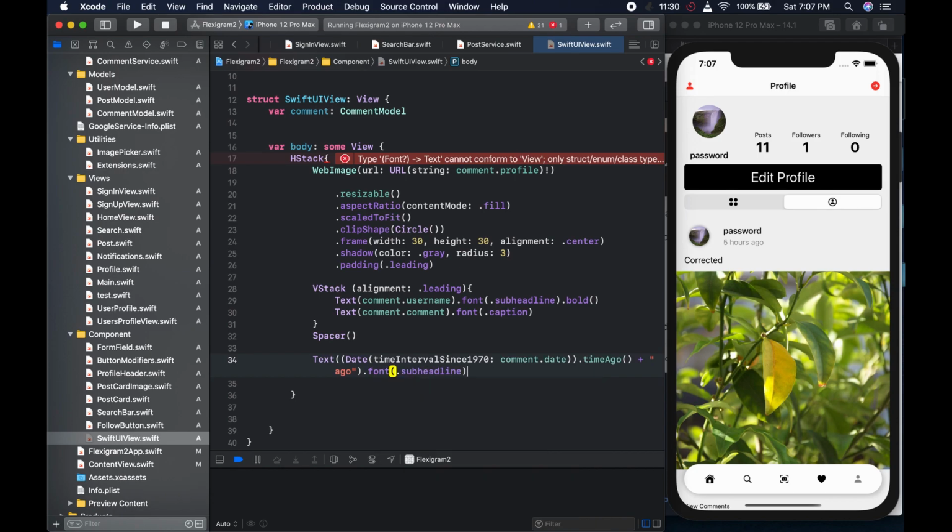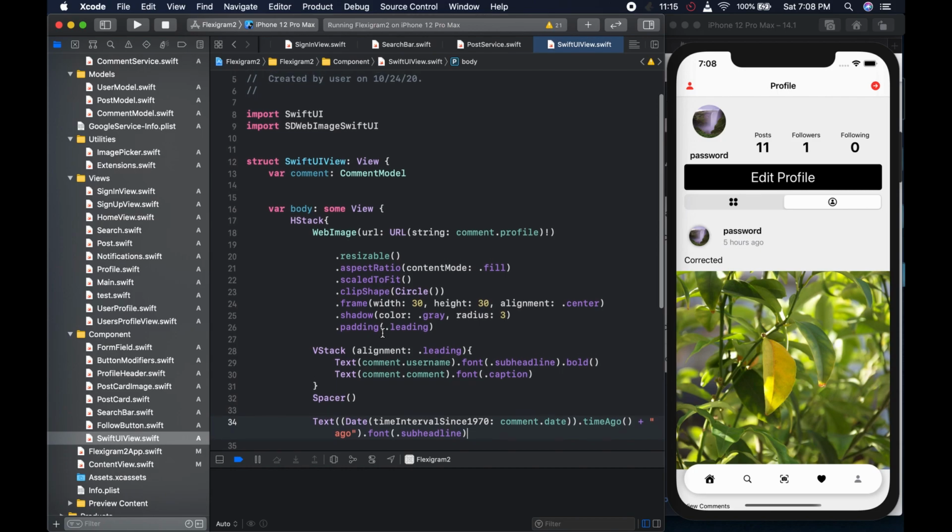We're going to say subheadline like so, right? And this is going to be the other end because the spacer will push it across. So basically that is going to be our... what's the file called? I haven't even called it. It's supposed to be called comment card, right? This is the comment card. Let's call it the comment card